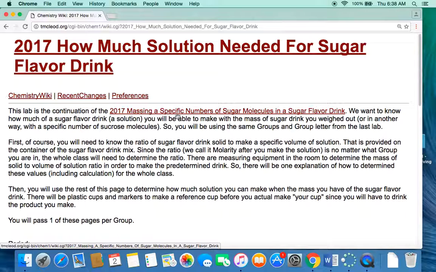So each group, the problem you're going to solve is something on the order of, I have so many grams of this solute, which you know the chemical formula of, and I want to make this molarity solution, the one that you calculated as a group, and I want to know what the volume of the solution needs to be. That calculation will be done